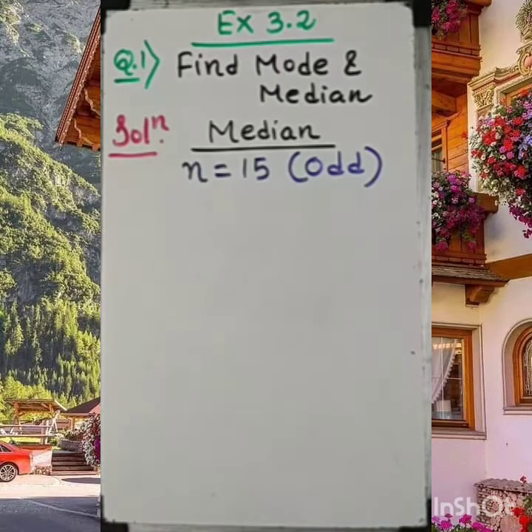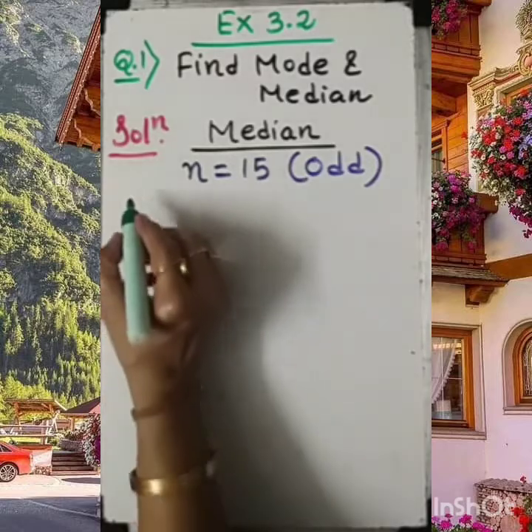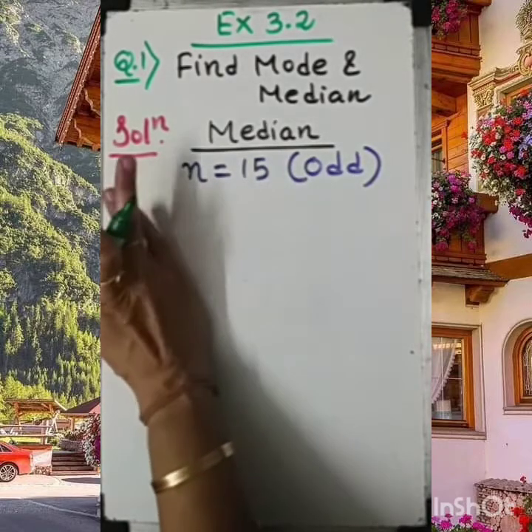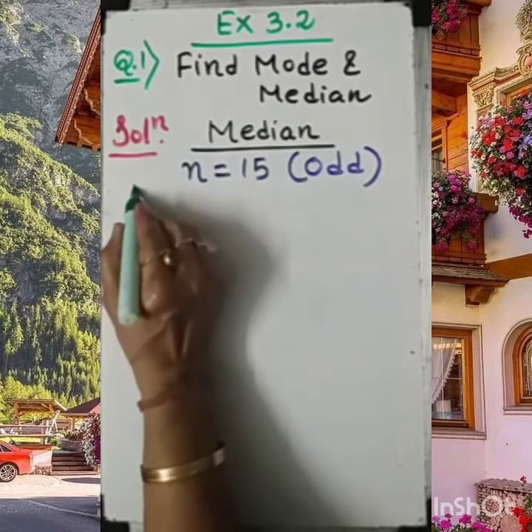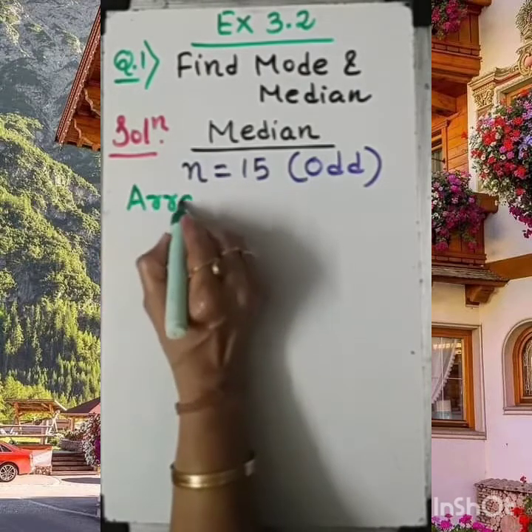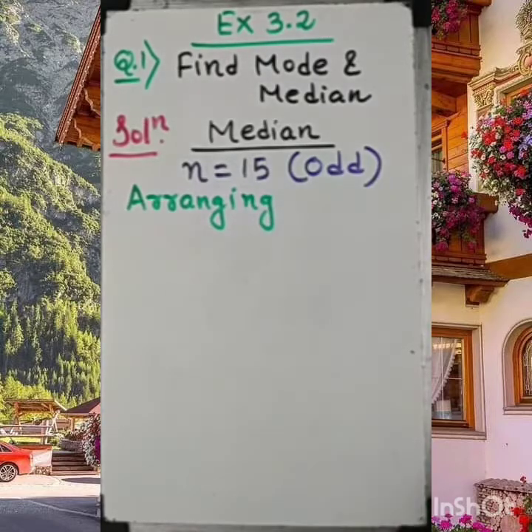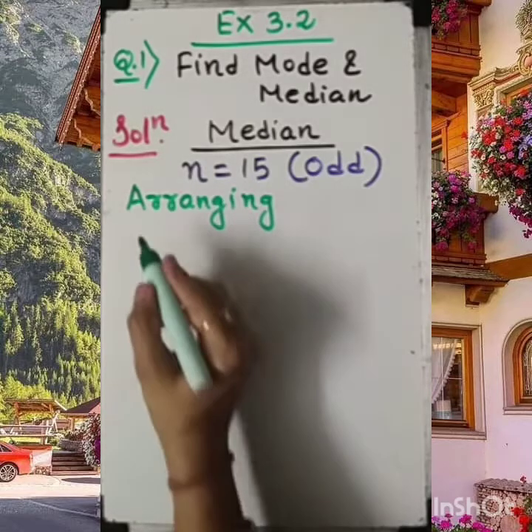But dear student, before we apply the formula, there is one important step which we have to do without fail. We need to arrange all the observations in ascending order. This is compulsory to do. Without that, if you solve the question, you will lead towards the wrong answer. So very simple, very easy.